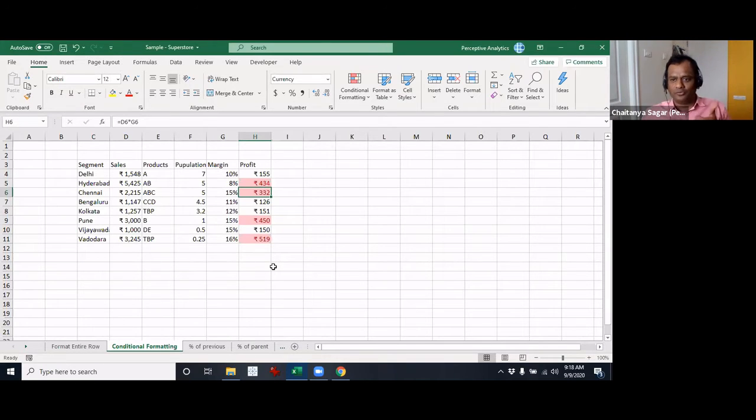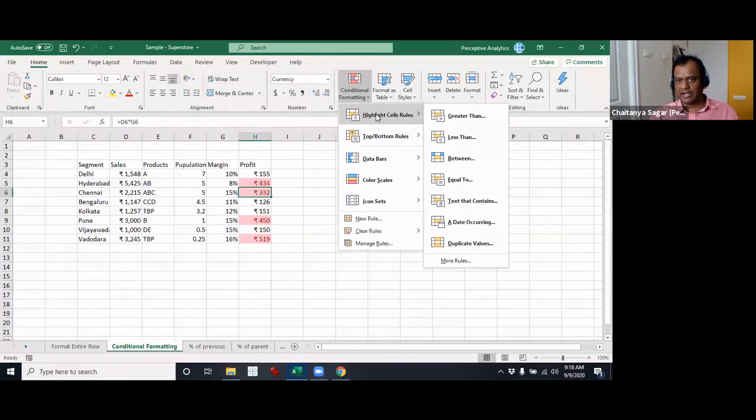Number one, you want to format, and number two, there is a condition based on which it has to be formatted, and also we want it to update dynamically as opposed to being constant. These are the various conditions that we would like to satisfy, and that's why we use conditional formatting. So let's take certain examples.